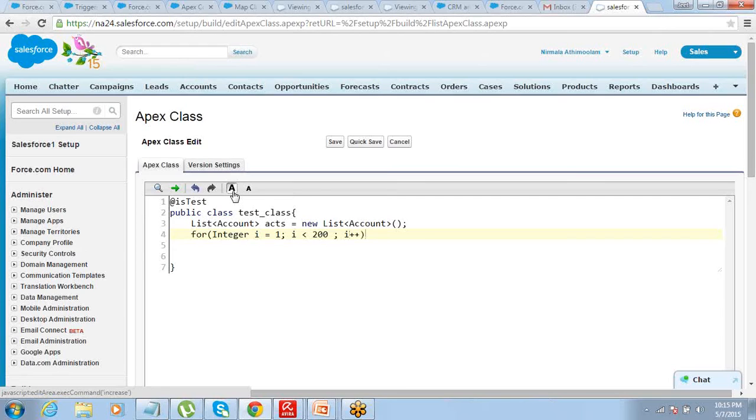Okay, so this for loop will run 200 times, for integer 1 to 200.